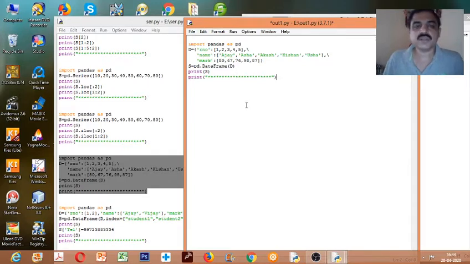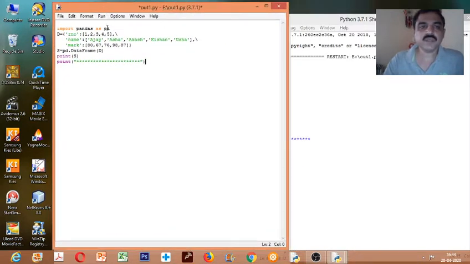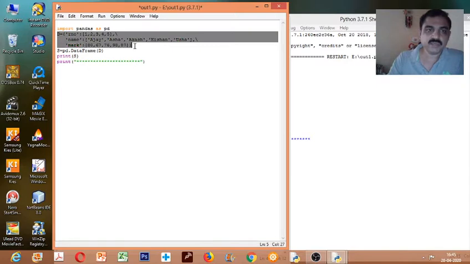Starting with the import statement, we wrote import pandas as pd, then d equal to, within curly brackets we wrote roll number as a key, colon, then specified a list of numbers. So roll numbers as a list. Here roll number, name and mark are keys, and then lists of values are given. So the dictionary is ready. From the dictionary we created a data frame.